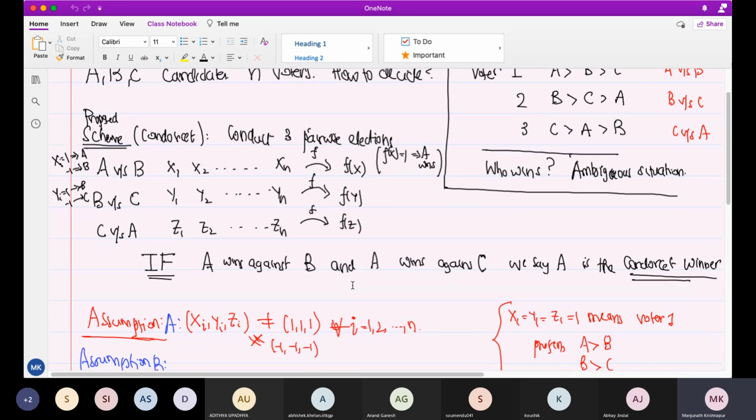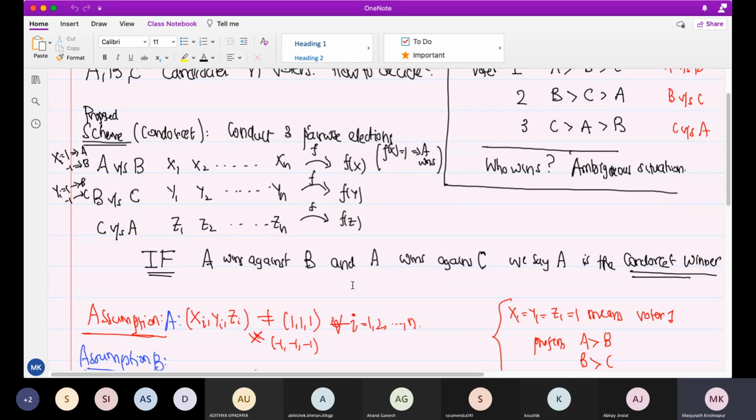So there is one case where the decision is unambiguous. In fact, in this proposal, that's the only case where it is unambiguous. If one of them wins against the two others, let's say A wins against both B and C, then A is the winner. You can even order them. B versus C will tell you who is the runner-up, but we don't care. We want a winner. If A wins against B and C, then unambiguously A is the winner. And same if any one candidate wins against the two others.